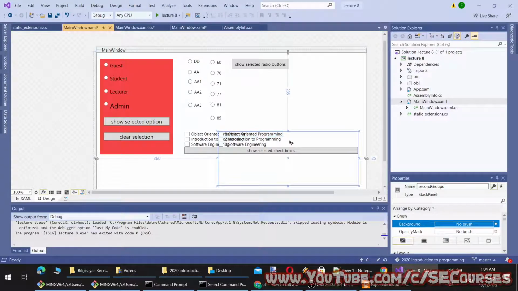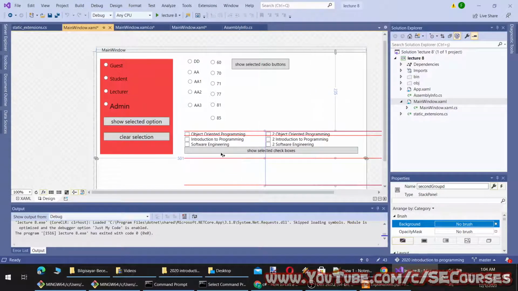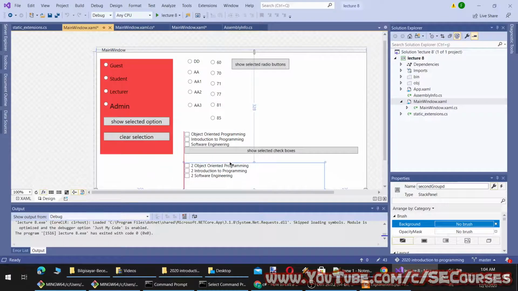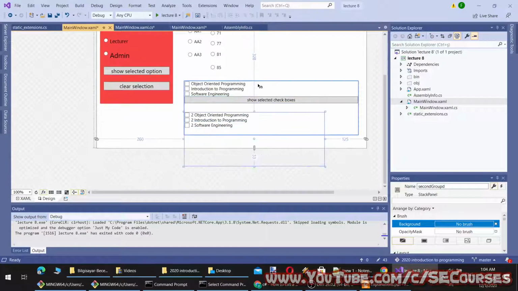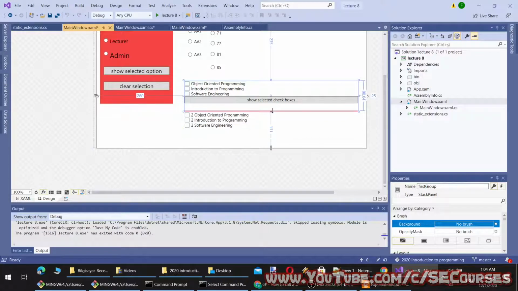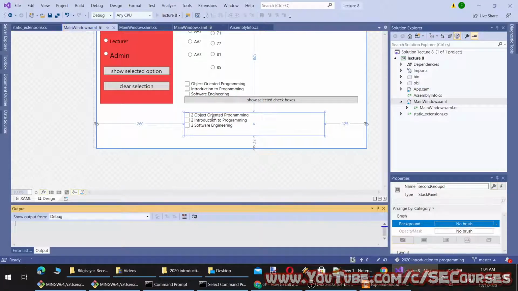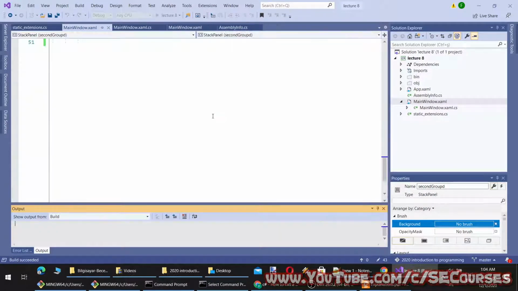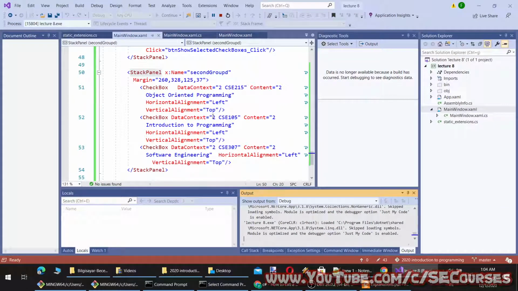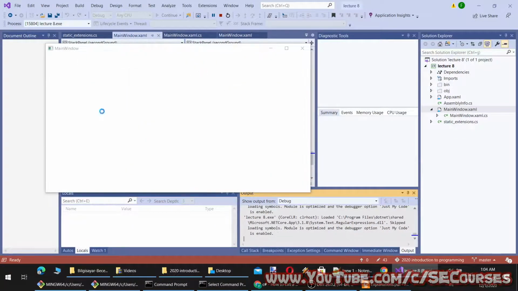Okay, you see now they are shown. So let's make this a little bit smaller. Okay, and let's make this like this. Okay, now the other checkboxes shouldn't be displayed even though I iterate all of the checkboxes, because they are inside a different group.